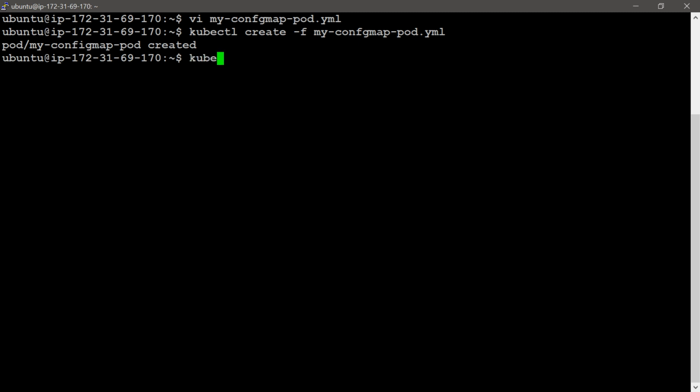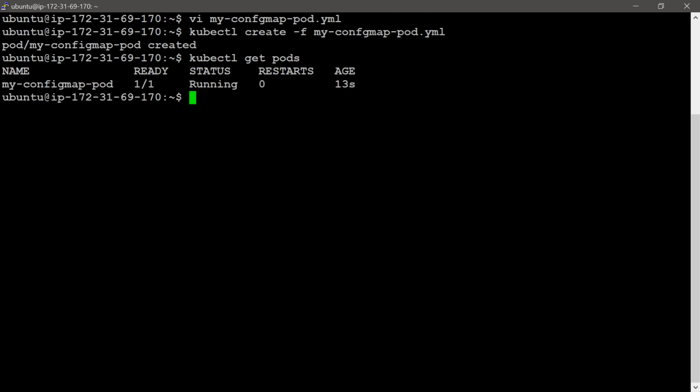Now I can list it with kubectl get pods. It shows that one container is running, the one I provided here, and the status is running. Then one more command I will use is kubectl logs.